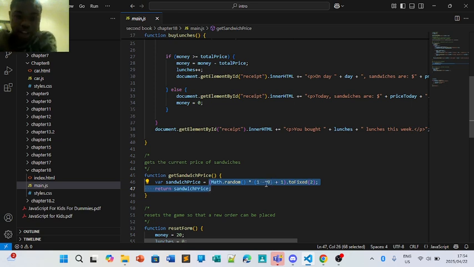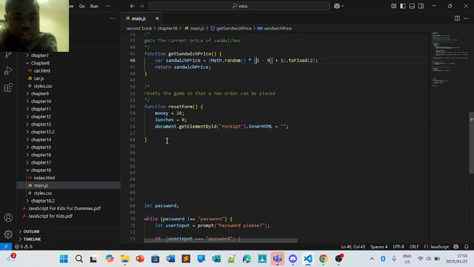Obviously, you need to add the 0 because the 0 is pretty much the value of the number of lunches. Then 1 is basically the decrementation value, then plus 1 to fixed. Return sandwich price. Then here's your function, a function prompt,